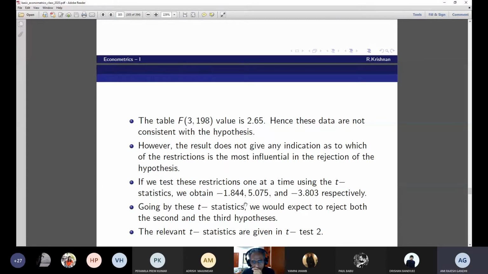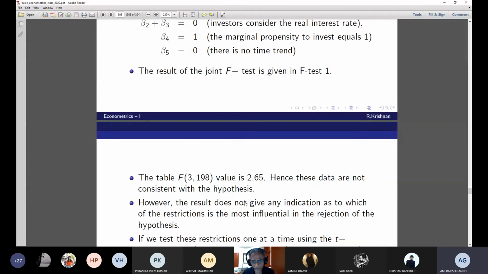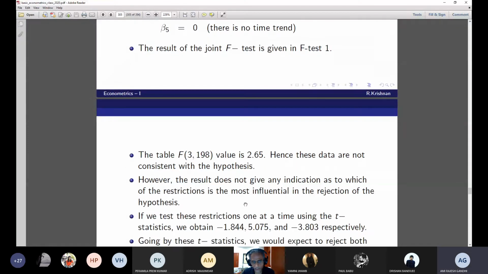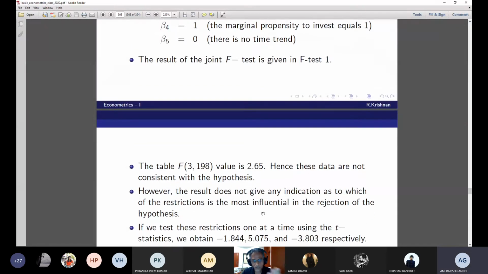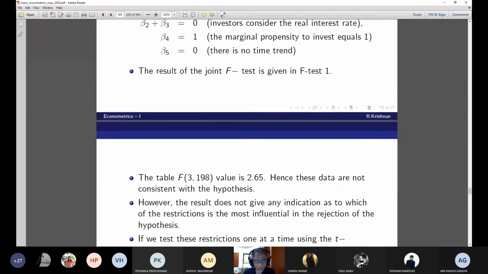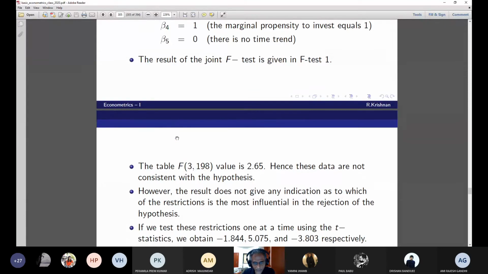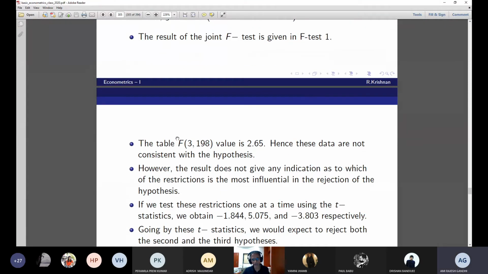at par with the t-test, right? Considering the t-test, because the F-test does not tell you which one is important. So that may be why, because of the second and third. Yeah, that is exactly what I asked Babu. So probably these two hypotheses play a stronger role in rejecting the F test. Am I right? Yes, sir.